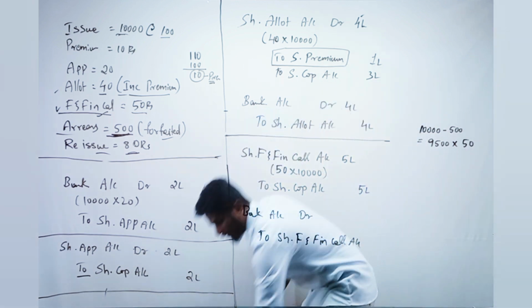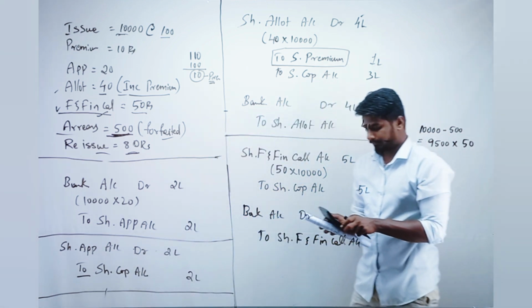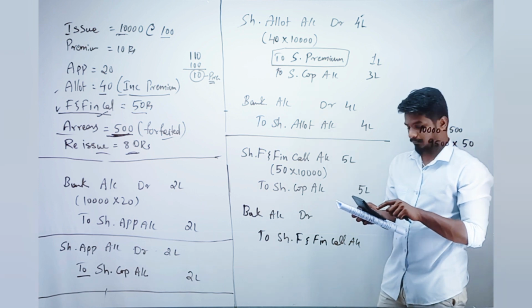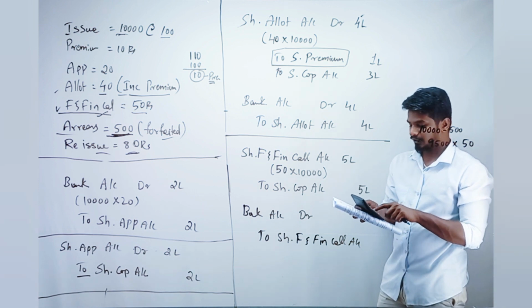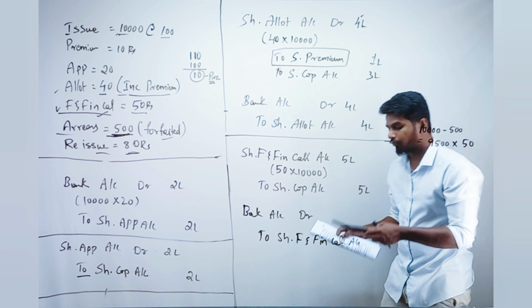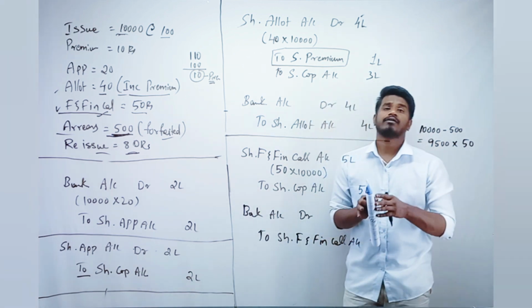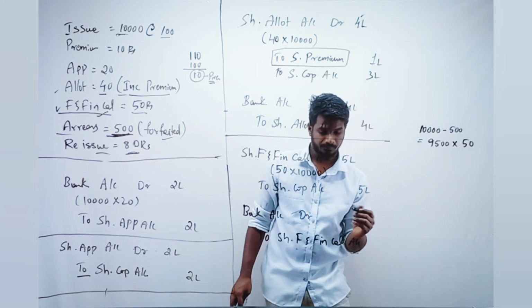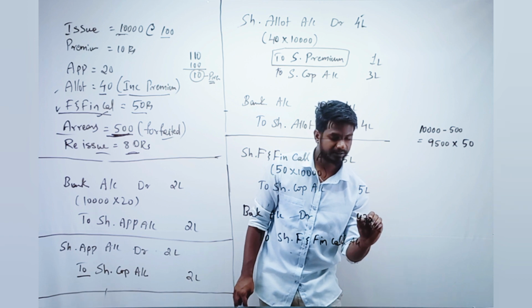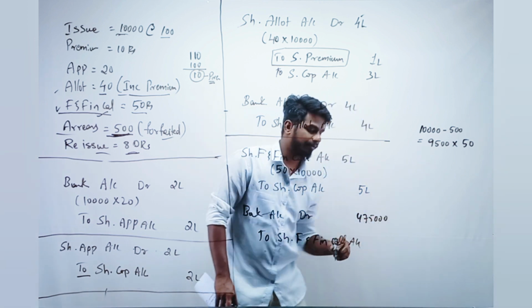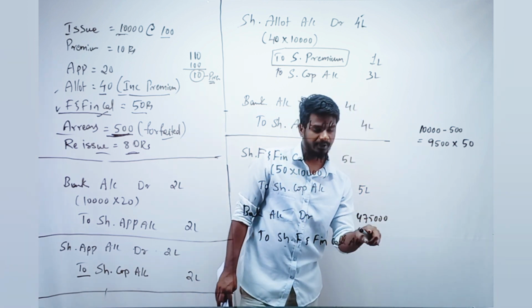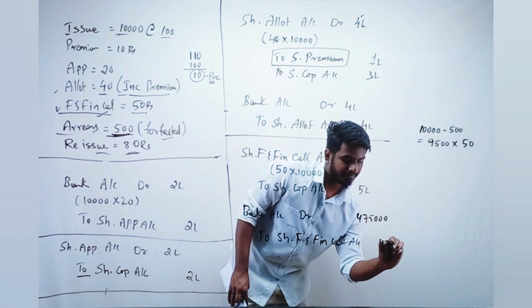Just a second, calculate that. So it will be 9,500 into 50. It is 4,75,000. So debit 4,75,000,